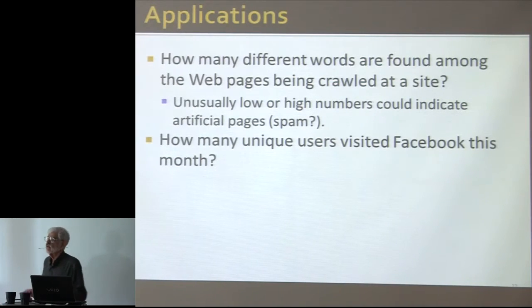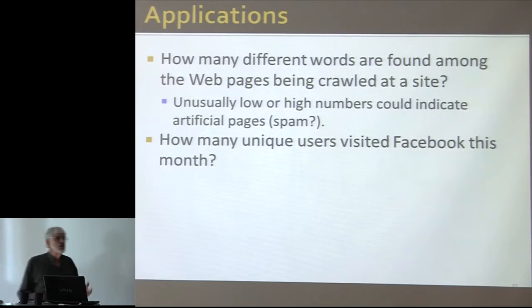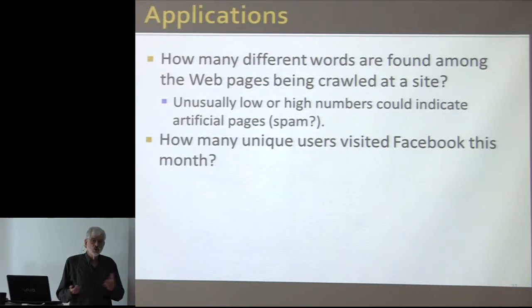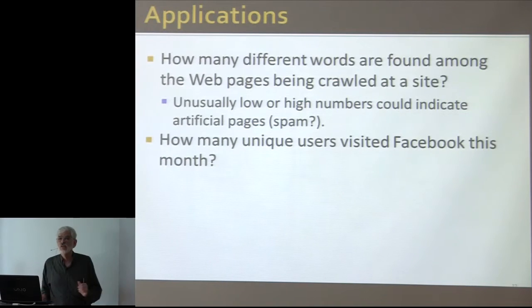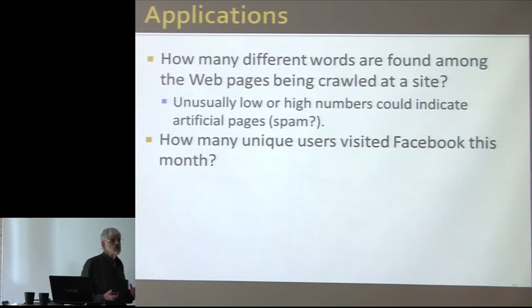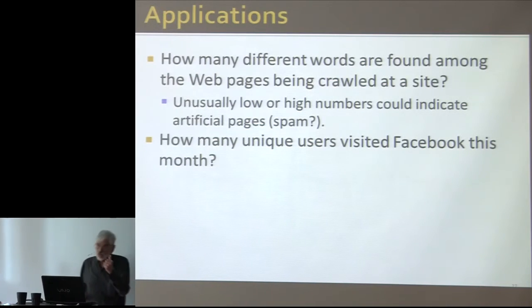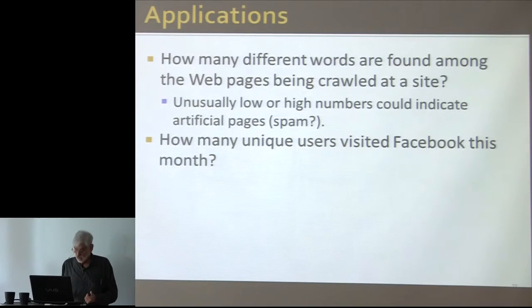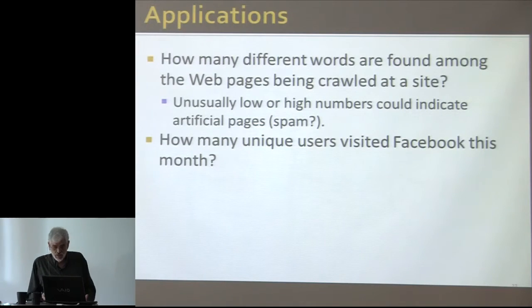Well, a very common query: Facebook wants to report how many unique users visited. Think of the stream as every time you log on to Facebook, that's an element of the stream. If you log on 100 times in a month, they're only supposed to count you once. But there are 1 billion users who might log on in a month, so they've got to keep a set of 1 billion people that they've seen. Not that you can't do it, but it's a pain in the neck.